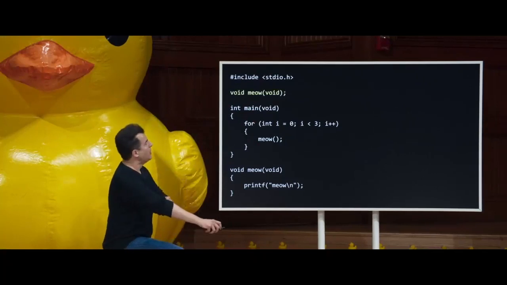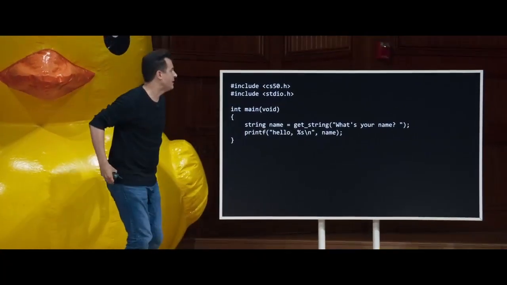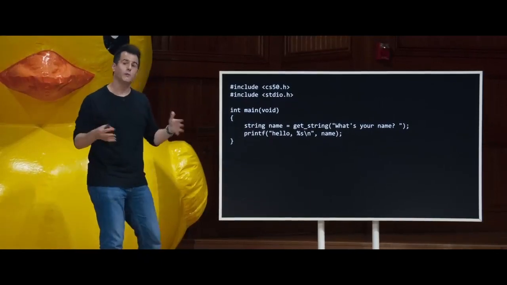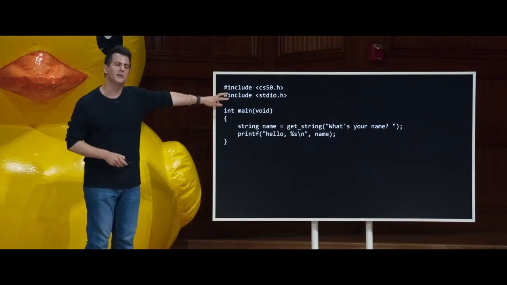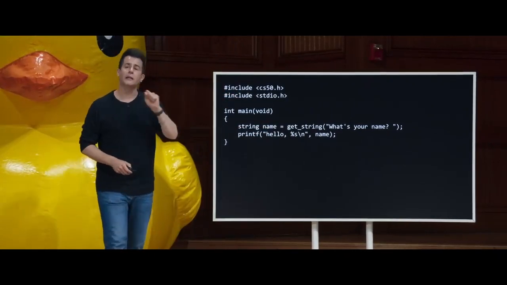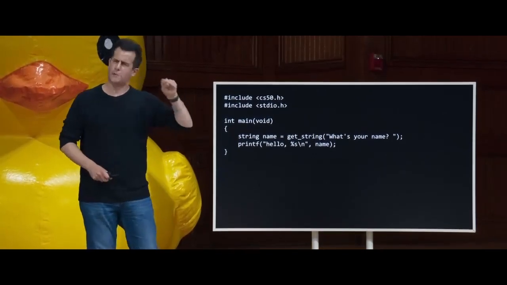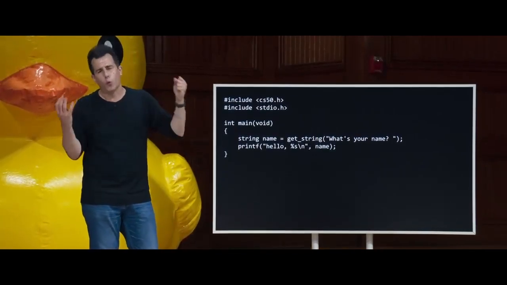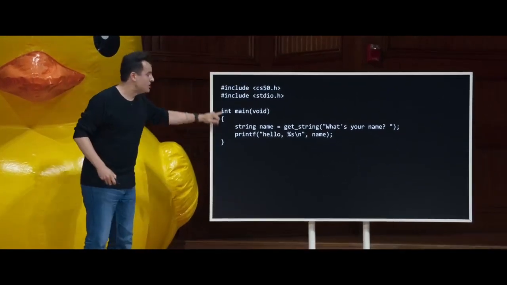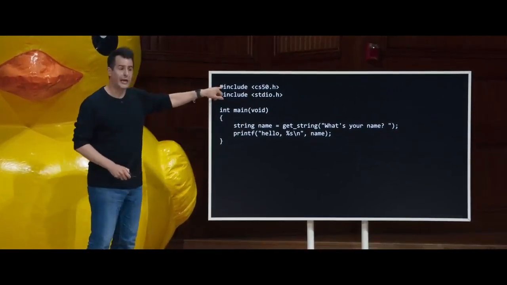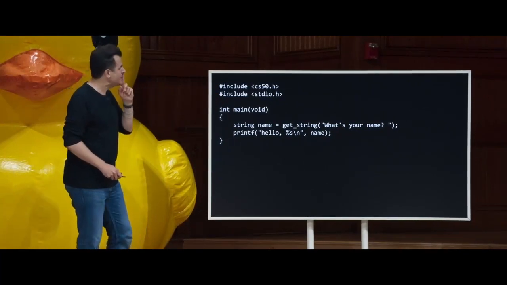Now let's consider this simpler program, which is just the one we wrote most recently in VS Code. This program prompts the human for their name and then says hello to that person. But it has two includes at the top of the file. And in fact, any line of C that starts with this hash symbol is what we'll call now a preprocessor directive. It's not really a word you need to remember in your vocabulary, but it is a little bit different from most every other line because it starts with that hash. That's sort of a special symbol in C. And what this means is the following.